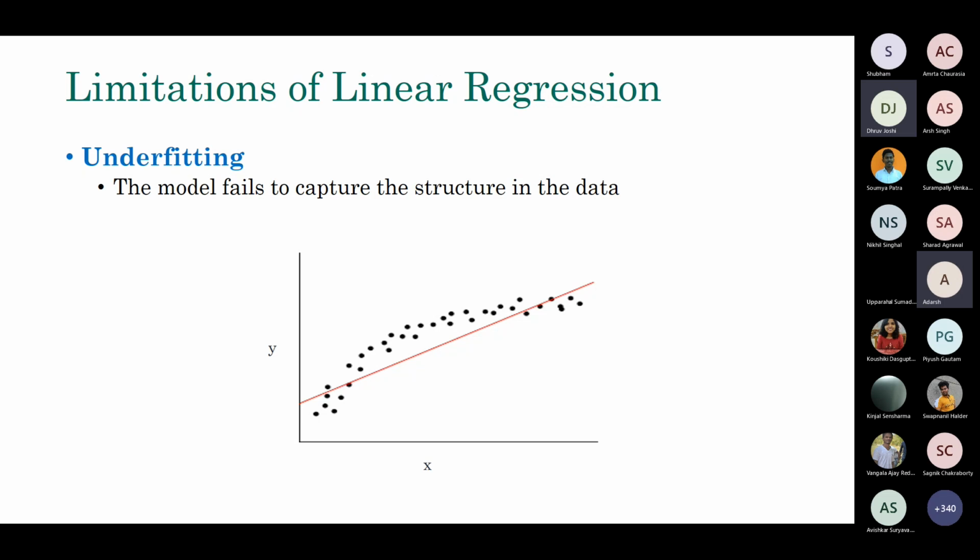If you try to fit this data using linear regression, you will never be able to do it reliably, because the plot itself is telling you that this data is not quite linear. So you will be in trouble if you do that. There will be lots of error, and this problem is called underfitting. This is a general problem for many machine learning algorithms, not only linear regression, when you are not fitting the data as well as you had to.